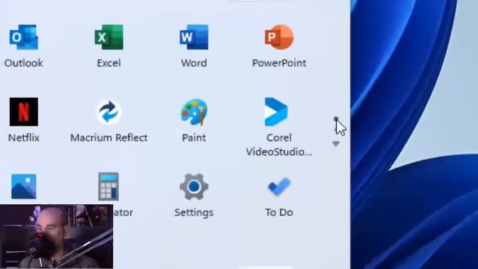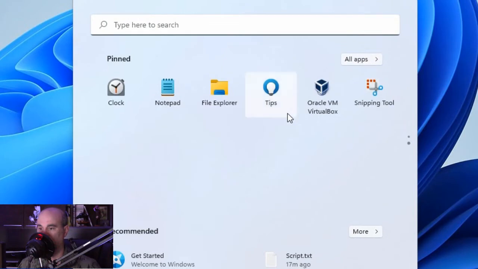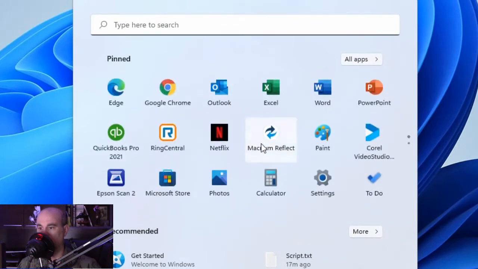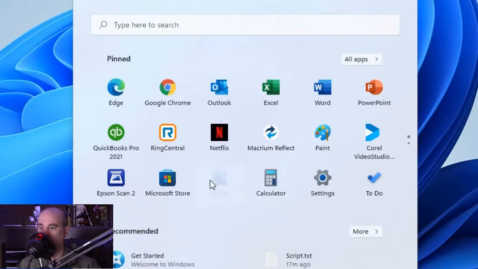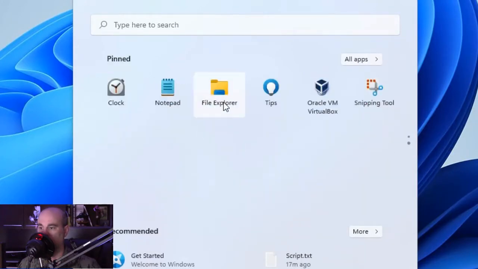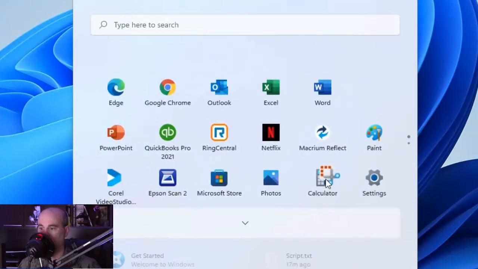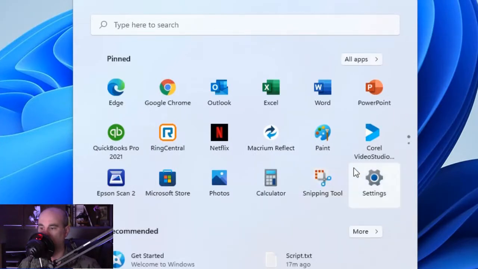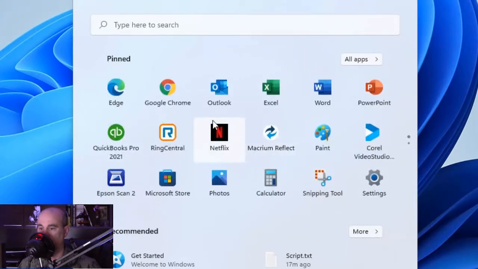There is two dots here, you'll notice in my case, because there's enough to scroll down for a second set of shortcuts. So you can scroll up and down as you desire to see the different programs that you have pinned, and you can also grab and drag and move them around as you like. You can even do that from the bottom here, so if you have something that's more important that you want to have closer up at the top, then you can do that and move things around that way. And you may find some other stuff gets bumped, so you just keep dragging them around until you get them in the right order that you like.